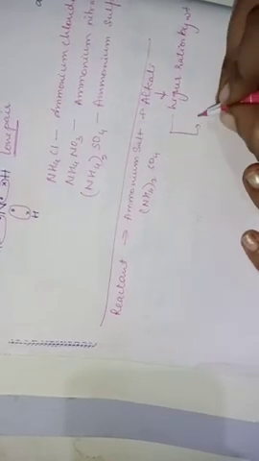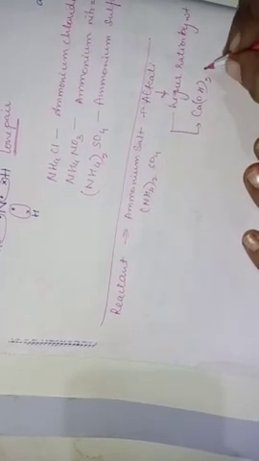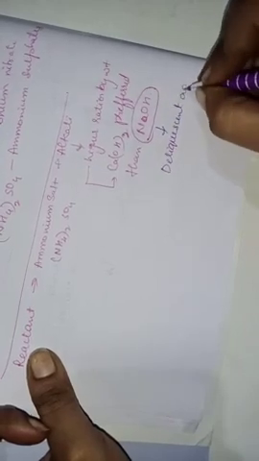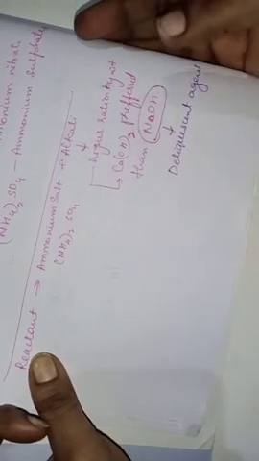Okay children, the next point is, in the alkali, calcium hydroxide is mostly preferred than sodium hydroxide. Now children, you will ask why? Because it is also an alkali. See children, the problem with sodium hydroxide is that it is a deliquescent agent. Yes or no? It is a deliquescent agent. So it will undergo deliquescence, children.